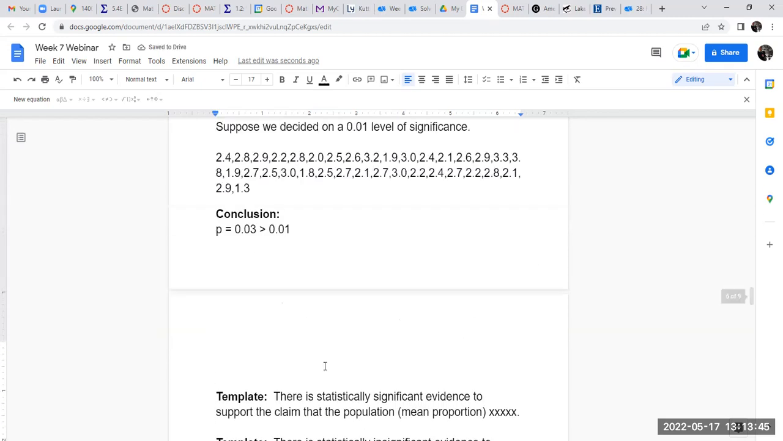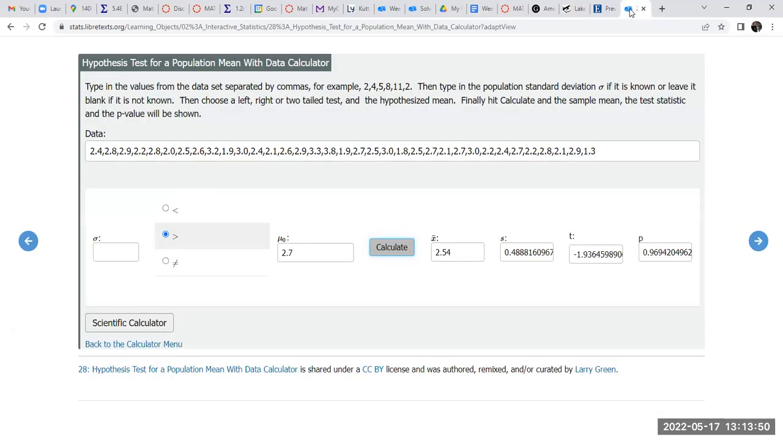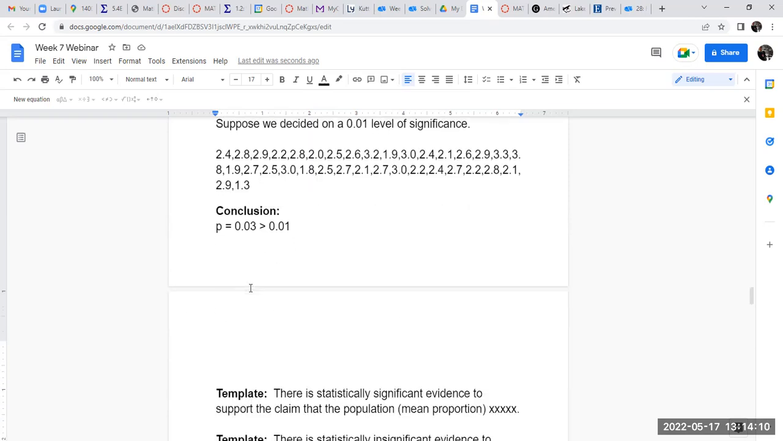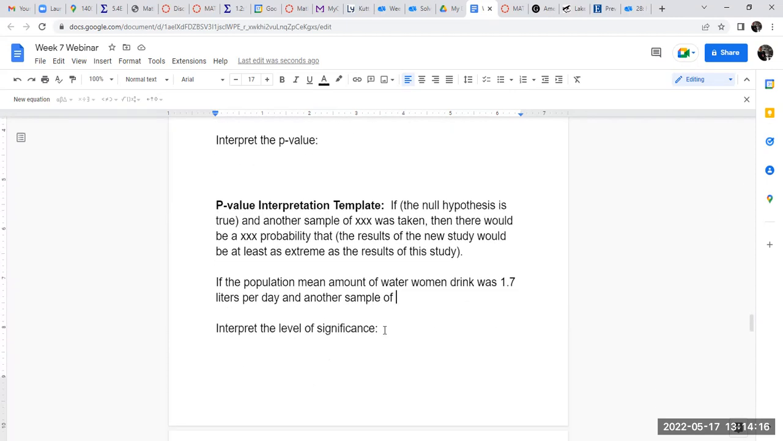And our sample size was, I don't know if it had it here. No, I'll have to count. 1, 2, 3, 4, 5, 6, 7, 8. 1, 2, 3, 4, 5, 6, 7, 8, 9, 10, 11, 12, 13, 14, 15, 16. Let's say 33. Not 100% sure, but I think it was 33. So, and another sample of 33 women were surveyed, then there would be